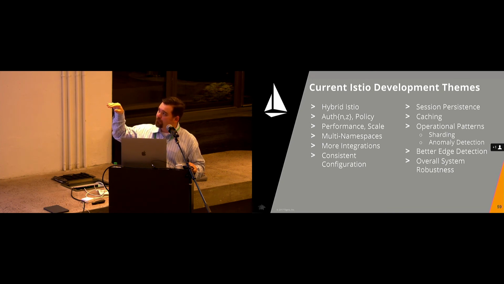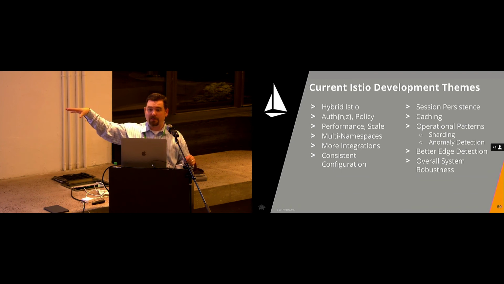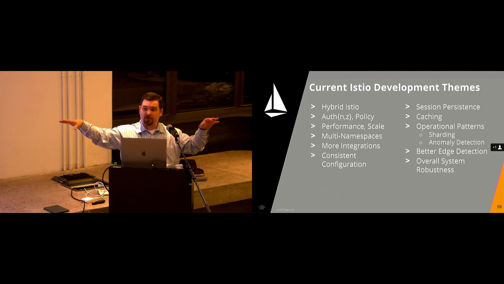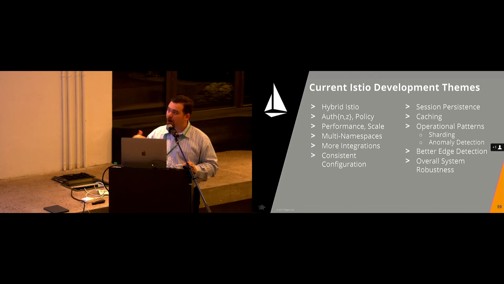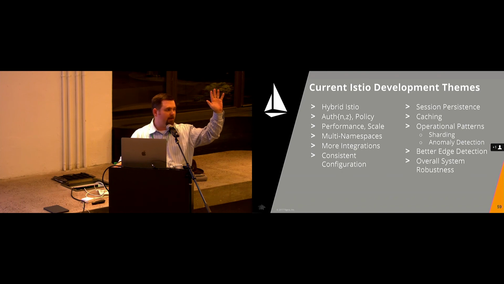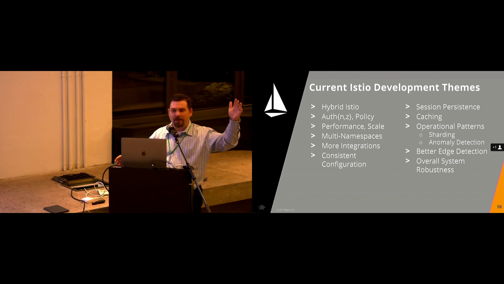Some of the things that we're focusing on is maybe a hybrid Istio model. For example, maybe I'm running Istio on all the endpoints in my legacy system as well as on my clusters, right? And so now I've got a unified service mesh between legacy and some of my newer, maybe cloud native, development that's happening. Making sure that we can get authN and authZ working in a way, right? How many times have you written a solution for authN and authZ? I don't want to write another solution, right? It gets old. So we want that layer to handle that for us.